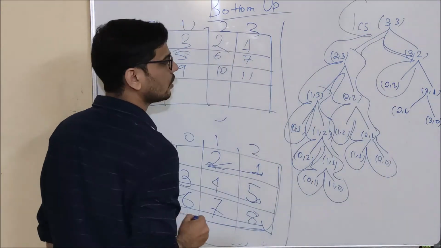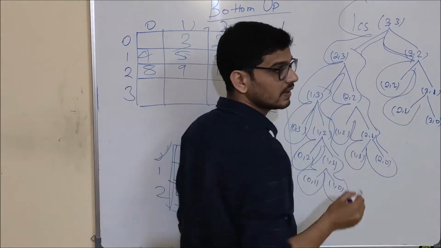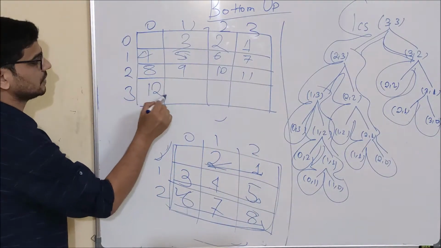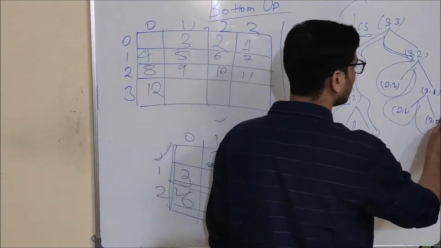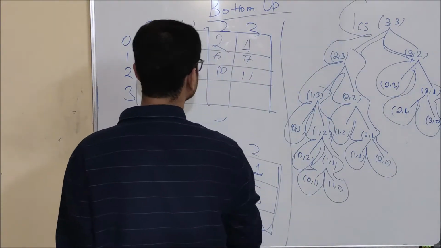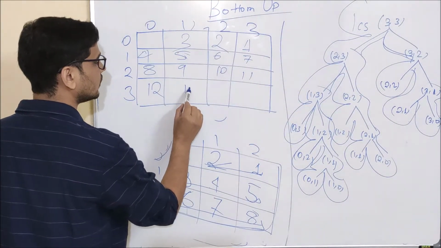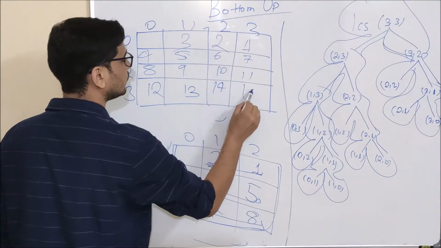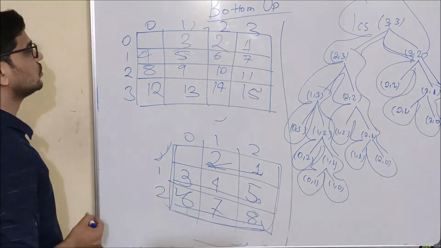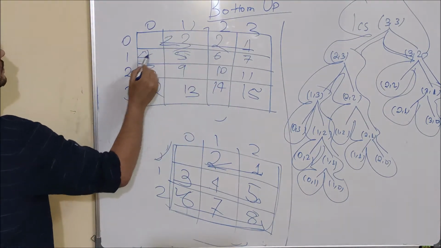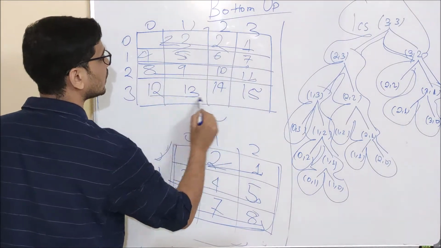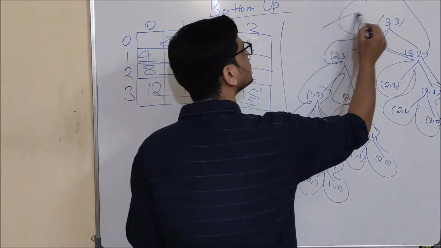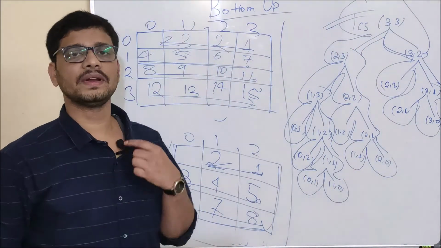Then come here. 2, 2 we already have, 2, 1 we already have. Then 3, 0, which will be the twelfth value to return in topological order. After that 3, 1, the thirteenth, then 3, 2 and 3, 3, the fourteenth and fifteenth values to be returned. So you can see clearly that this is how the table is getting filled, and after that this is our order. One more thing: this is the case when there is no common character.